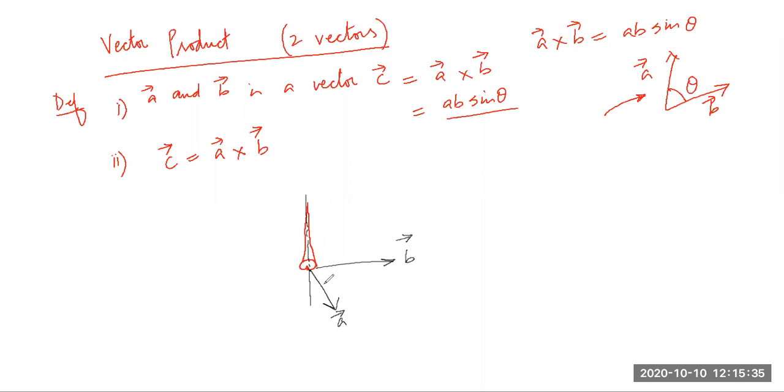Now, here it's important when I want to say product of vector A and vector B. It's not that I can write it like this. No way. Why? The product of vector A and vector B is basically giving me the direction in which the screw is moving. Yes. So vector C